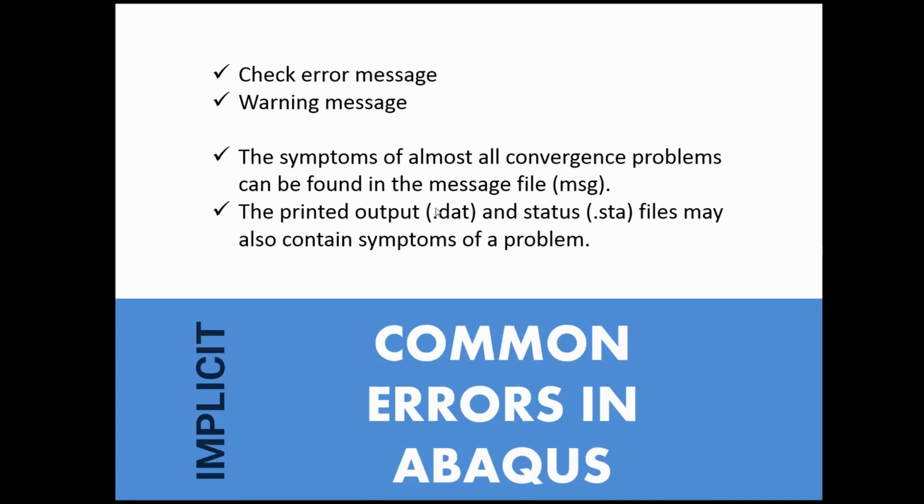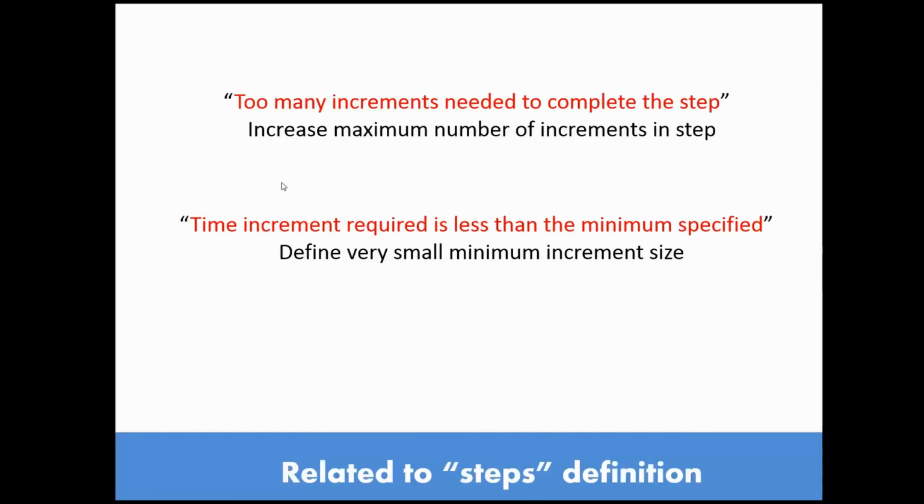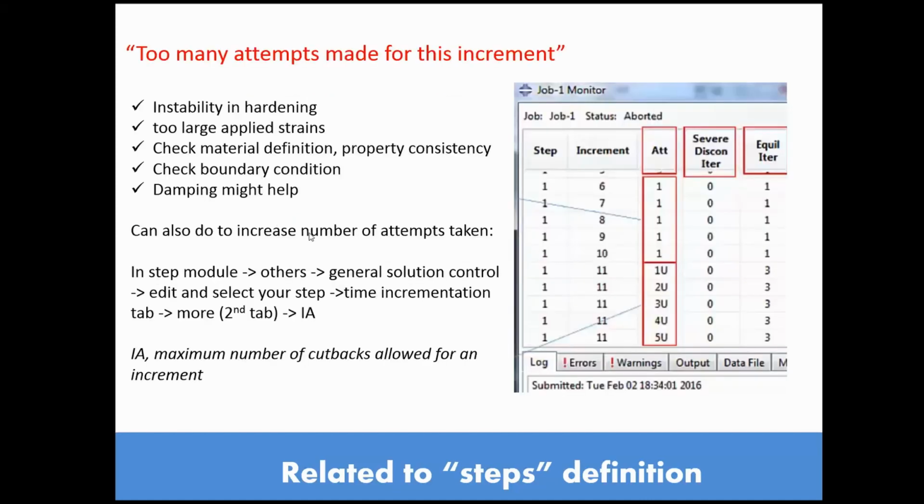In this video, I will discuss some common errors and warnings faced during Abaqus simulation and how to go about handling those. I will discuss ways to diagnose the errors, some errors related to step size, like those that throw the error message saying too many increments needed to complete the step, or time increment required is less than the minimum specified. I will also look into another step size related error that says too many attempts made for this increment